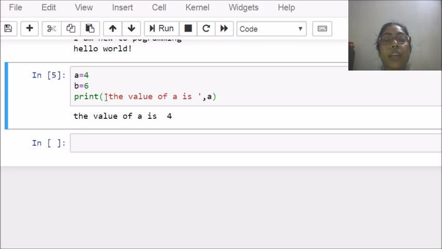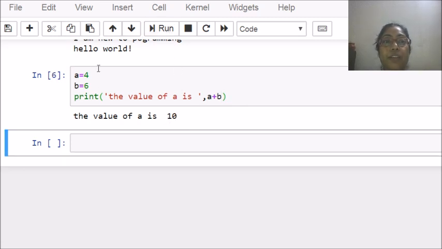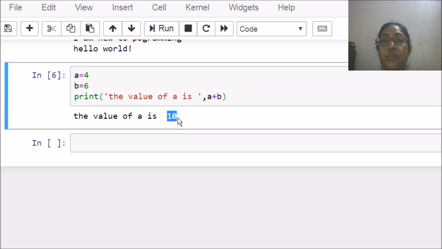Whatever you write within quotes will be displayed as it is, and whatever you write outside the quotes, that means the variables or the equation, that data is going to be displayed. If you write A plus B here, then it is going to add these two variables and display the result. See, 4 plus 6, 10 is going to be displayed. So this is how you can create your print statement.